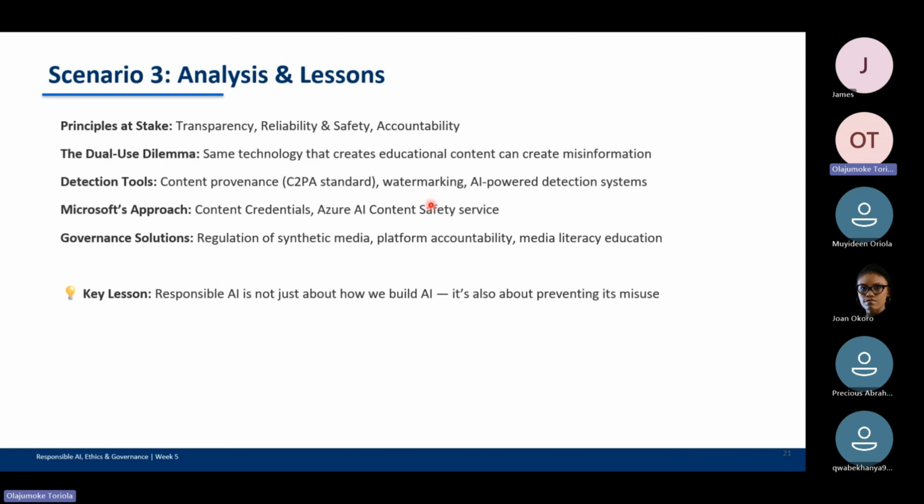The reason I'm bringing this up is that a lot of times there are tools you can use to audit some of these things, and one of them, like I said, is the Azure AI Content Safety service. The governance solution is regulation of synthetic media, platform accountability, and media literacy education. The key lesson here is that responsible AI is not just about how we build it, it's about preventing its misuse.